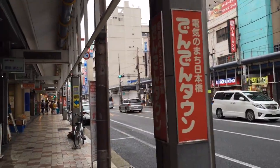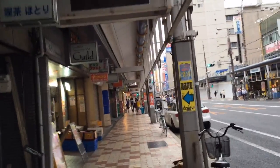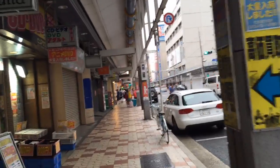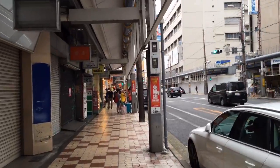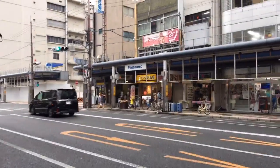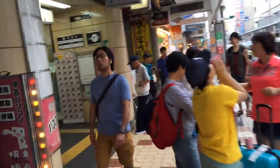So I thought we'd walk up this way, and I'd finish seeing stuff in the Minami area. I still have to go up the towers. I'm waiting for a nice day to do that. And I suppose it'll be more worthwhile when I'm more familiar with the city, when I go out to the observatories. There's two down in South Minami area, the old and the new tower. And there's one up in Umeda as well to go to. So I think you get the idea here. Maybe better to turn, and we'll go over to